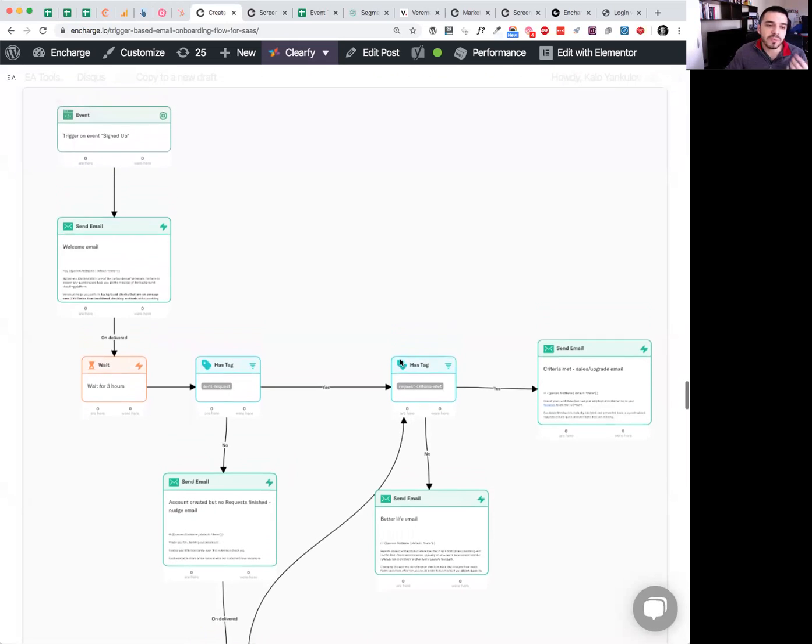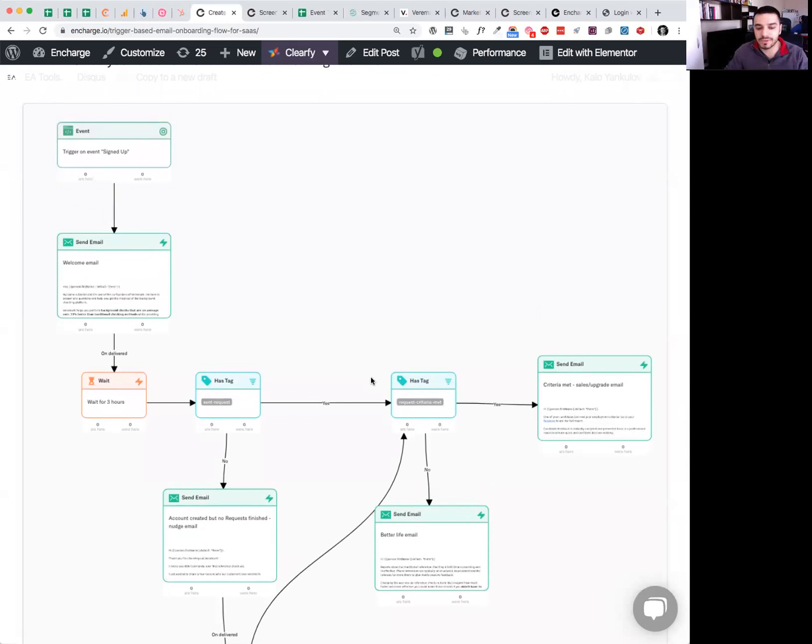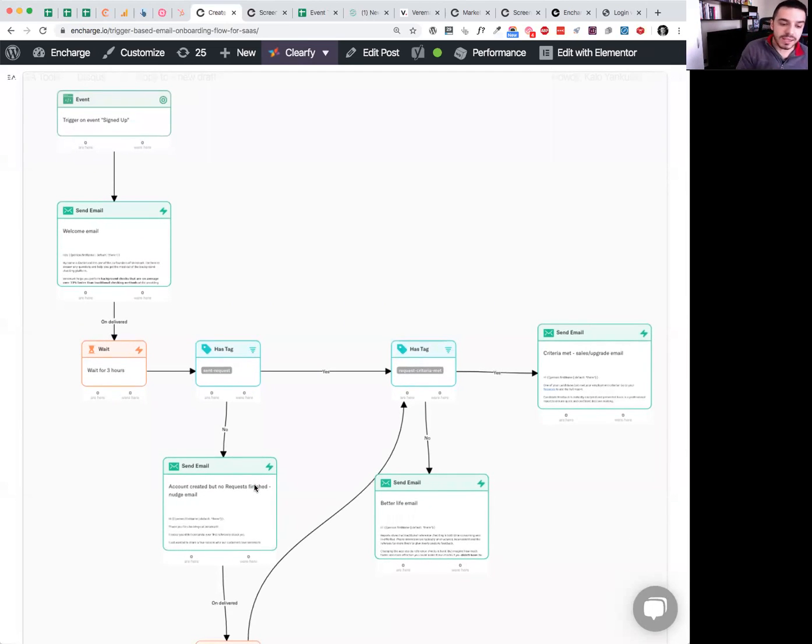So what's going to happen in that case with a trigger-based flow is I will receive a welcome email, and then Encharge will wait for 3 hours, and Encharge will check and see that I've sent a request and that the request criteria is met. So in other words, I've achieved all of the most important value moments. So instead of sending me an irrelevant email about getting me back to the app and submitting my first request,